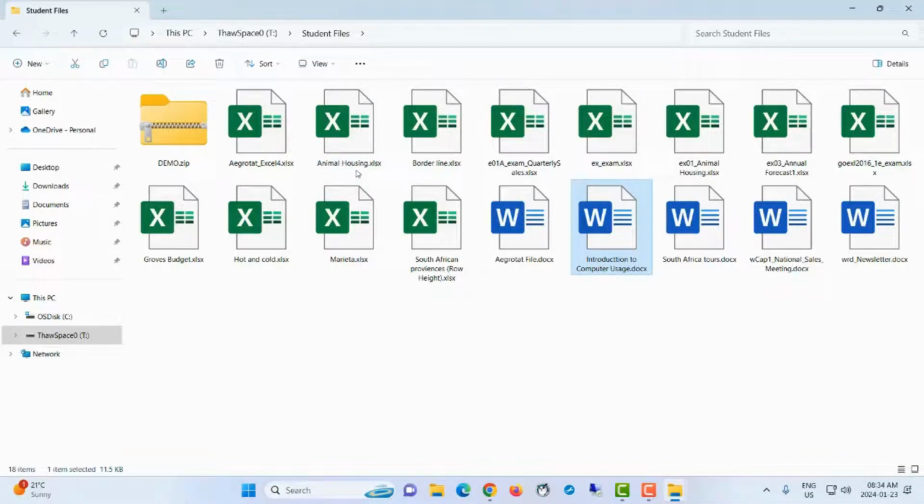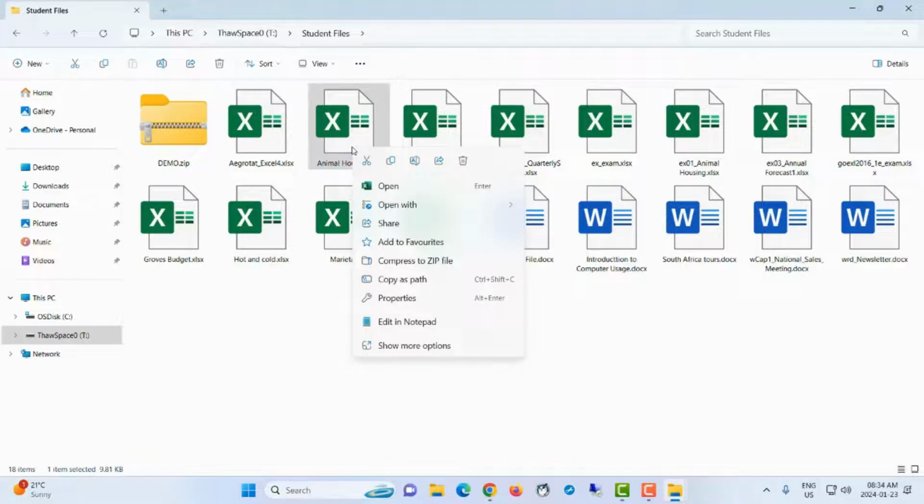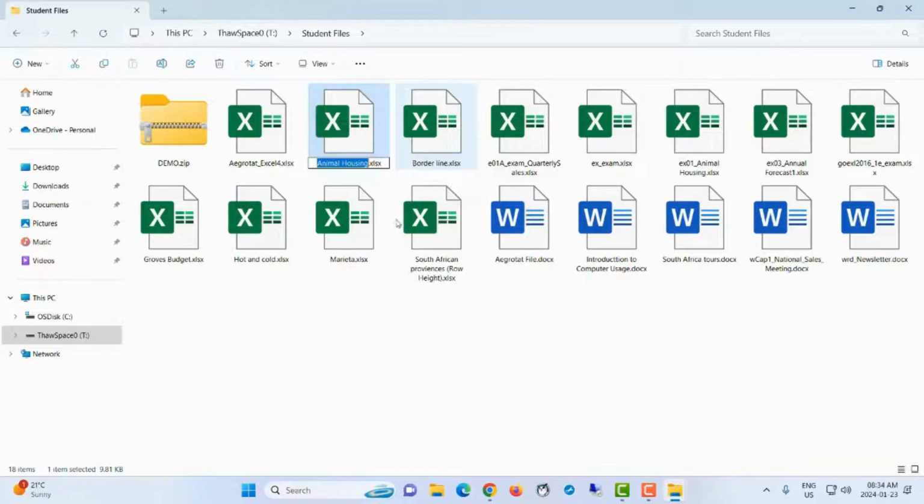I can go to the animal housing file, right-click on it, and one of the options there is to rename. So we have icons on top there. If you hold your mouse cursor there a little bit longer, you will see that the icon that has A is to rename. If I click on it, then it highlights what I can rename, which is the animal housing. So I'm going to remove the housing and say Animal Rescue